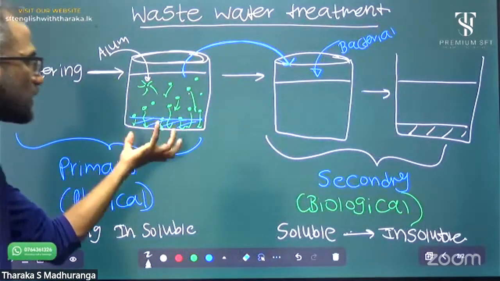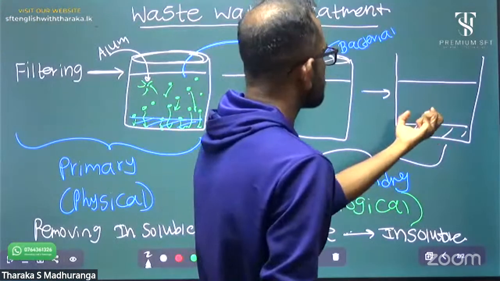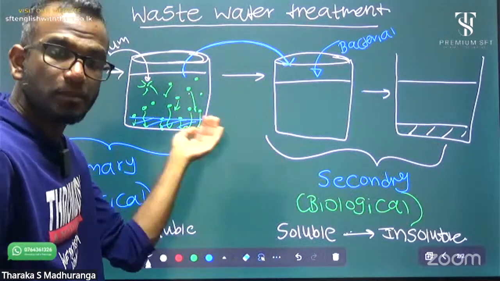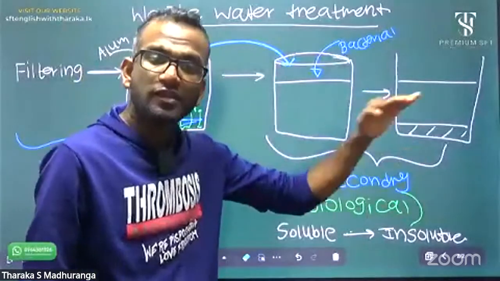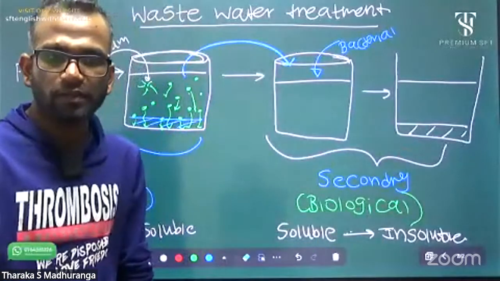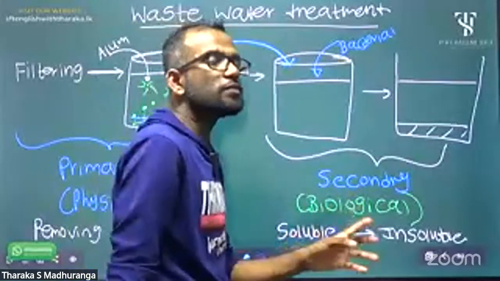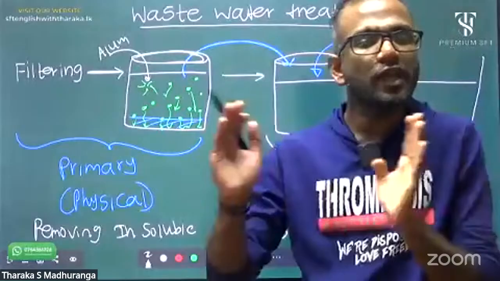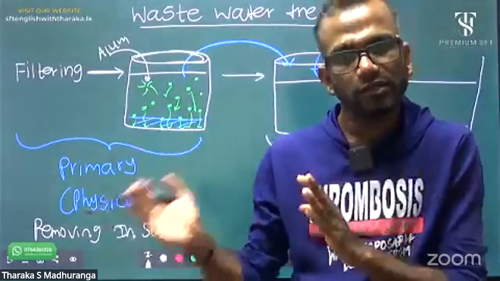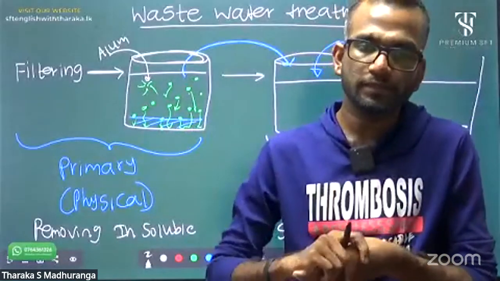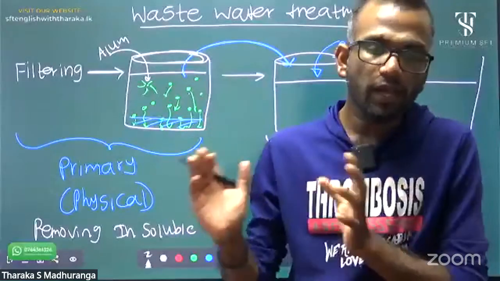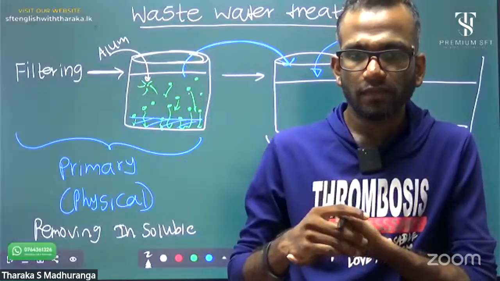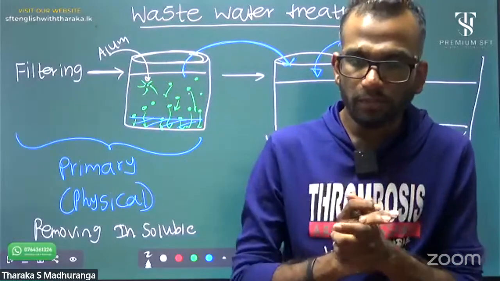Finally, the sludge accumulated in each primary treatment and secondary treatment is pumped into a separate tank and digested by anaerobic microorganisms. That we call anaerobic sludge digestion. After that we can use it for biogas production and fertilizer compost production. This sludge we can use for biogas and compost production, different fertilizer productions. Okay, that is the wastewater treatment process.